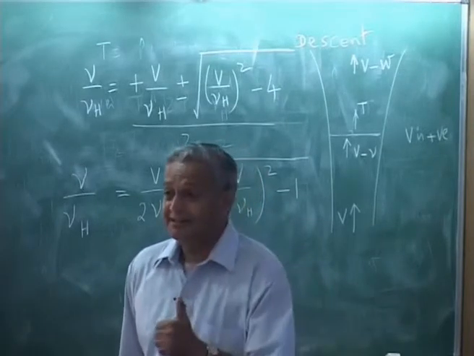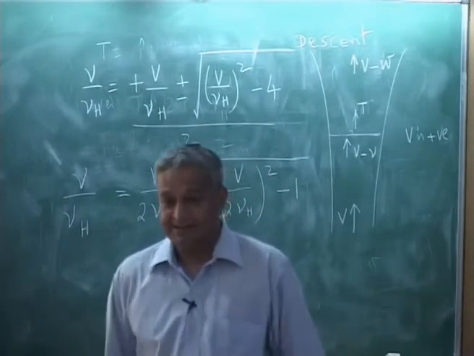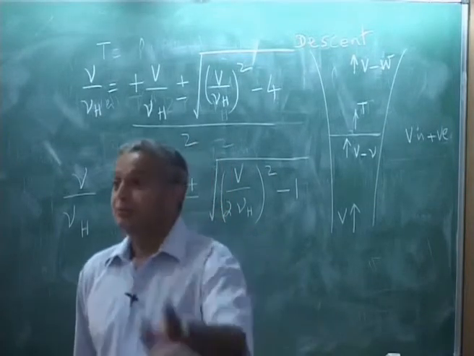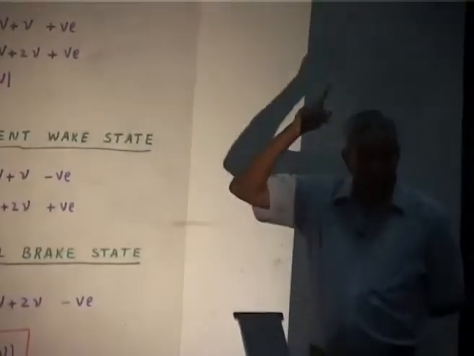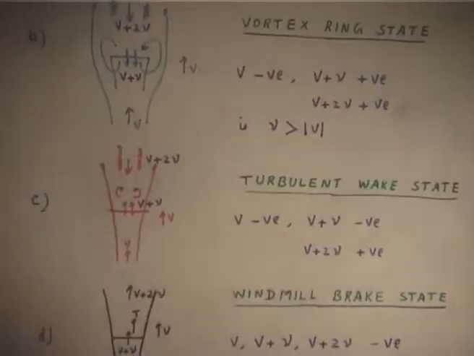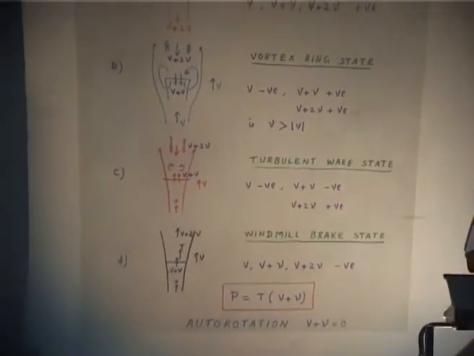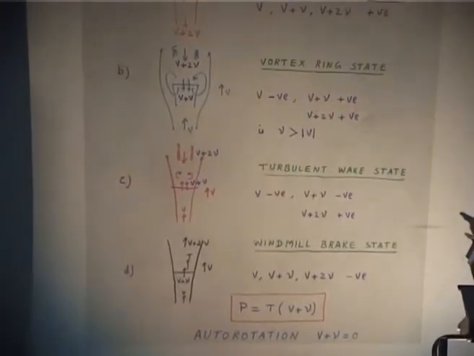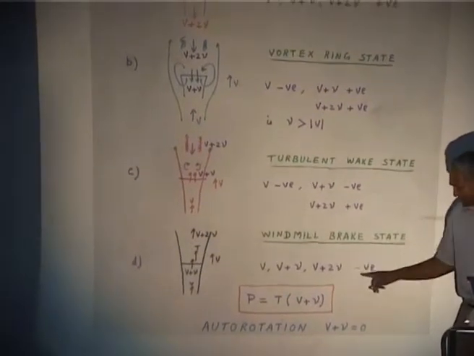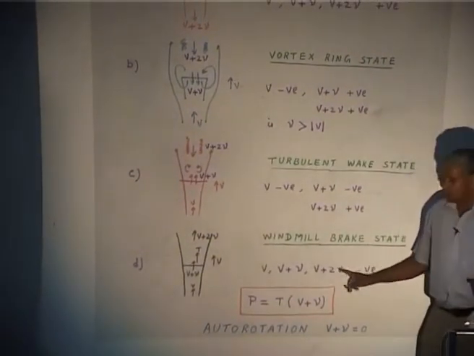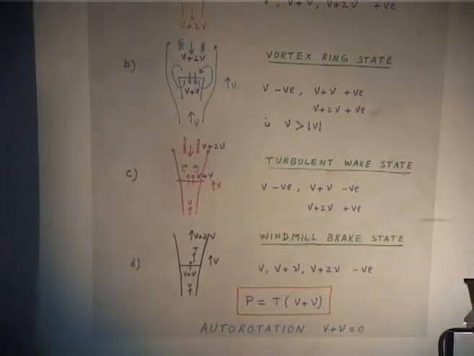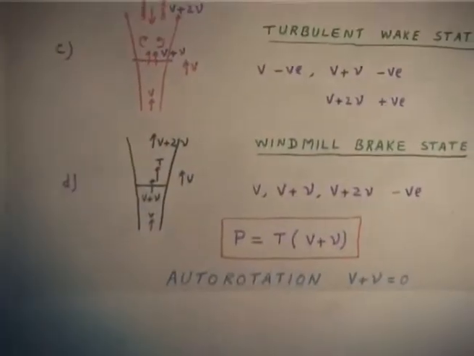But when it is valid, that means my descent velocity should be more than 2 nu H. Descent velocity, V plus 2 nu H should be positive. Here it is minus, means V plus 2 nu, because I have taken V up positive. So, V plus 2 nu positive,